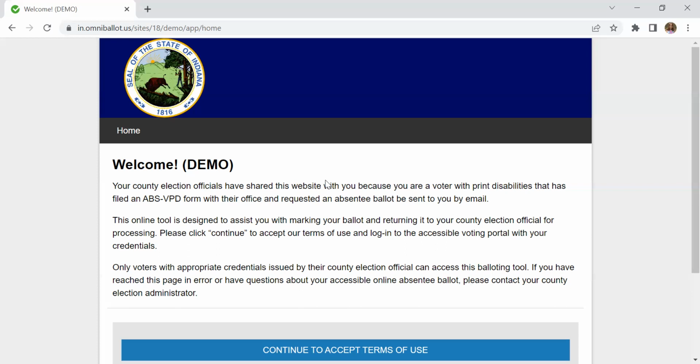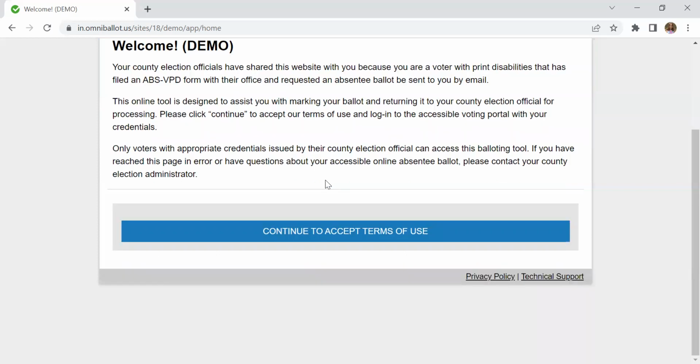Please click Continue to accept our terms of use and log into the accessible voting portal with your credentials. Only voters with appropriate credentials issued by their county election official can access this balloting tool. If you have reached this page in error, or have questions about your accessible online absentee ballot, please contact your county election administrator. Continue to accept terms of use button.